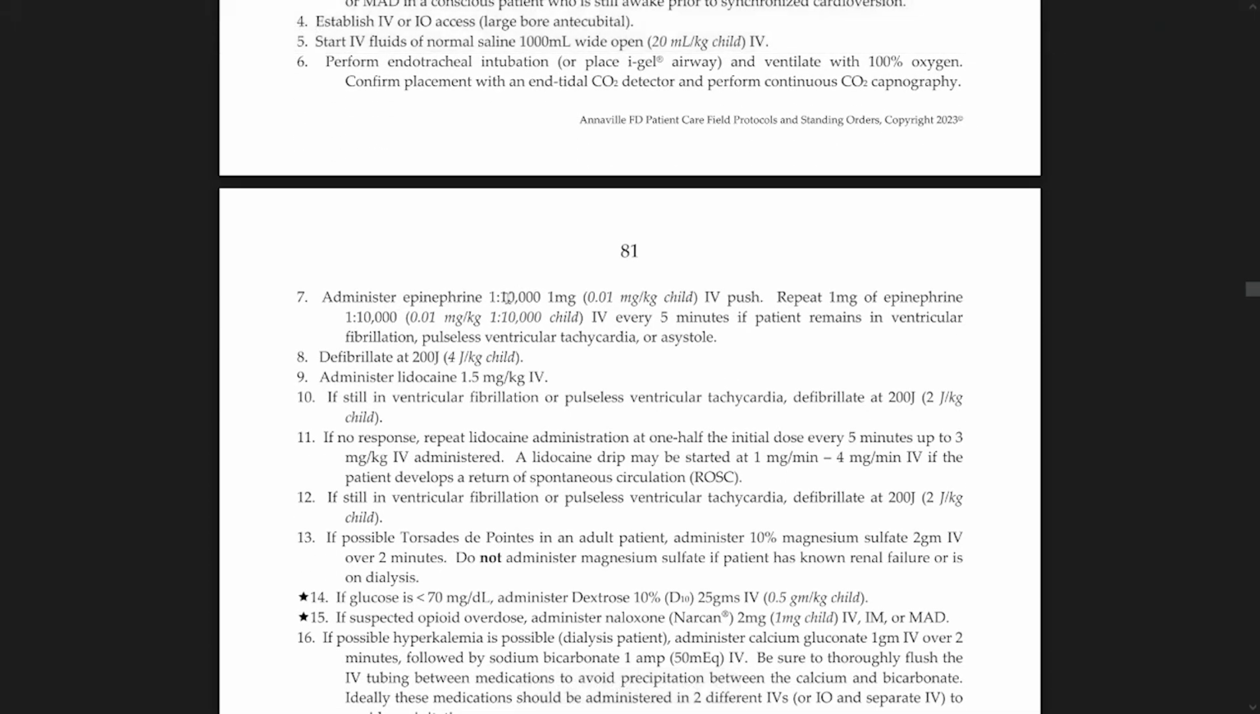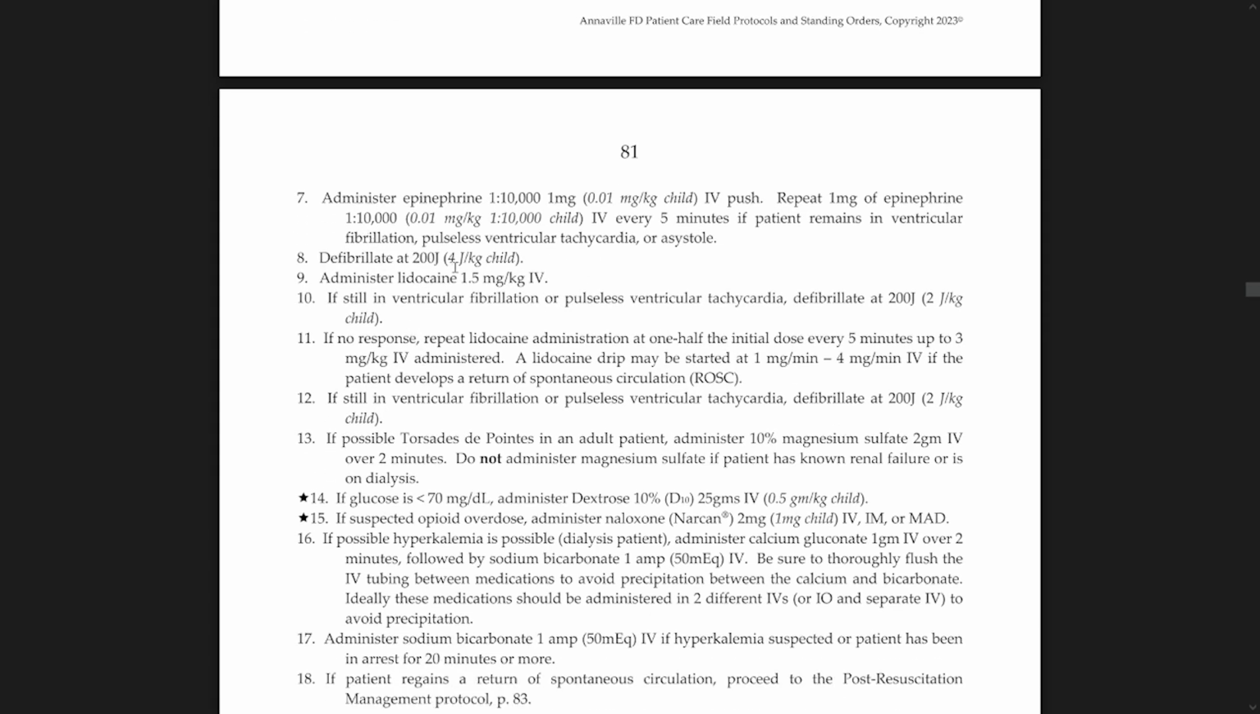Administer epi 1 to 10,000 at 1 milligram or 0.01 milligram per kilogram for a child IV push. Repeat 1 milligram of epinephrine at 1 to 10,000 or 0.01 milligram per kilogram for a child IV every 5 minutes, if the patient remains in VFib or pulseless VTach or asystole. For defibrillation, you want to defib at 200 joules or 4 joules per kilogram. You want to administer lidocaine if the rhythm persists at 1.5 milligrams per kilogram. If the patient is still in VFib or pulseless VTach, defibrillate again at 200 joules or 2 joules per kilogram